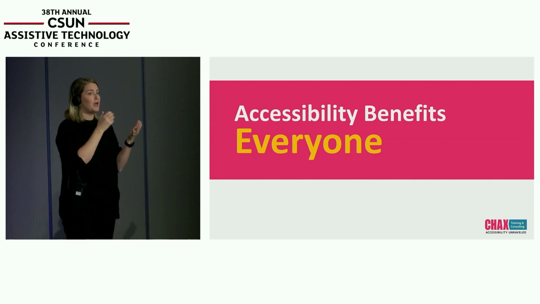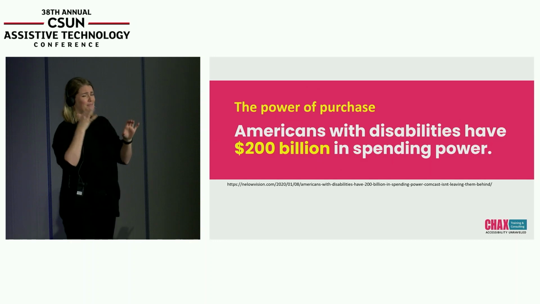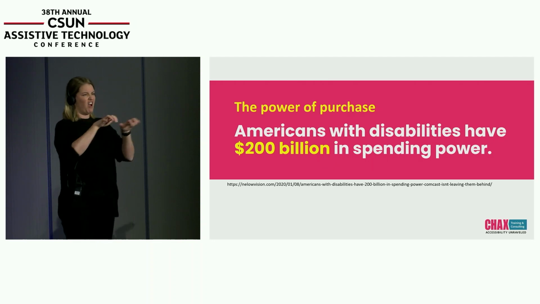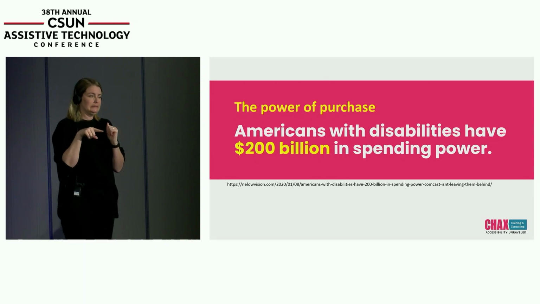There are so many visual cues going on that we aren't thinking about. But when we deal with accessibility, we add a second layer of organization, of relationships, of purposeful design that really benefits everyone. And in fact, the purchasing power of people with disabilities is $200 billion and growing. So if you think, well, our audience really isn't people with disabilities, okay, but those people have friends and relatives and people in their lives, and if they're passionate about a product, they're going to tell someone else as well.